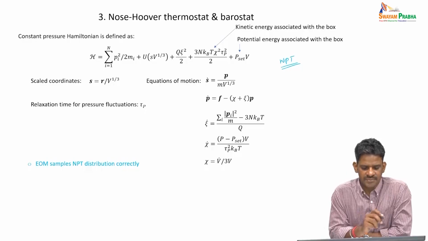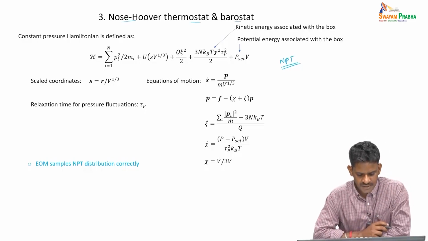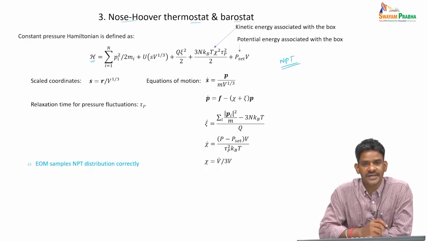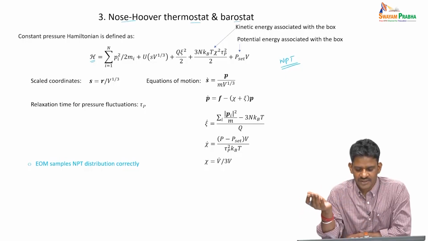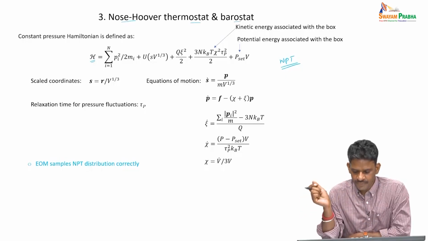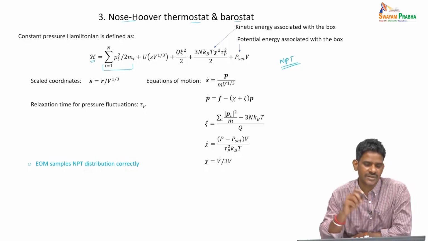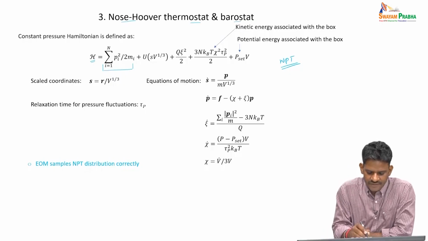Such a method is called the Nosé-Hoover thermostat barostat approach. In this case also, you can see that the Hamiltonian is redefined to include additional degrees of freedom, so that the temperature as well as pressure can be fixed. So you can see that the first term is the kinetic energy of the system, that is the kinetic energy of all the particles inside the system. Then we have this potential energy